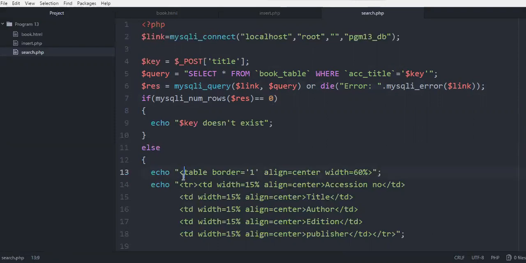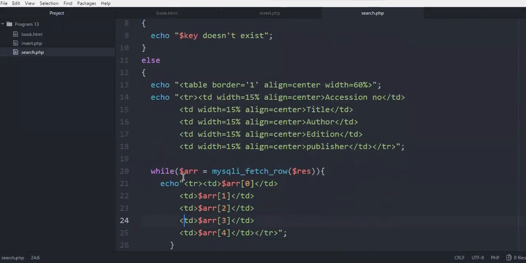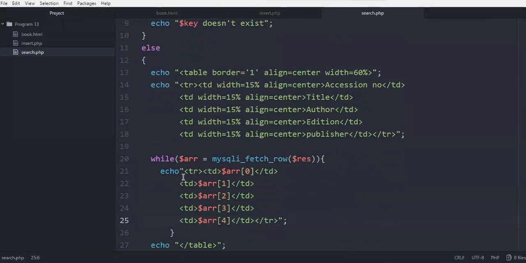In the else part, we have to display the result in the form of a table. This table we have created here, and the table tag ends here. Inside the table we require one row with columns to display the data.